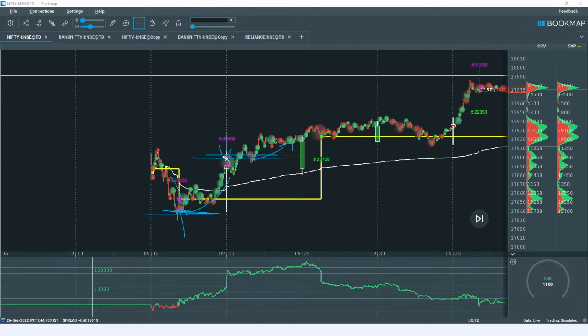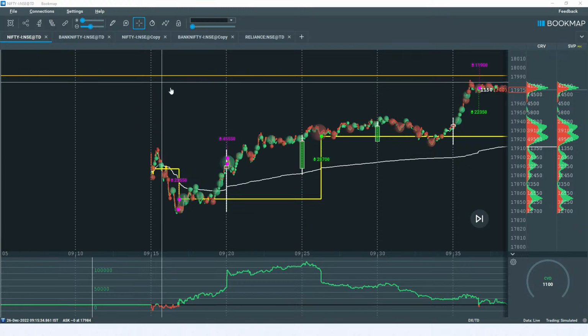Okay, so those particular orders, and most importantly, right after 9:25, there was an immediate shift in terms of the point of control as well. So the maximum number of orders are getting placed at the higher levels and price is getting accepted at the higher levels. So the possibility of the market moving in upward direction is quite high at that particular level. And with this, if you want to check at a specific interval level, then I think